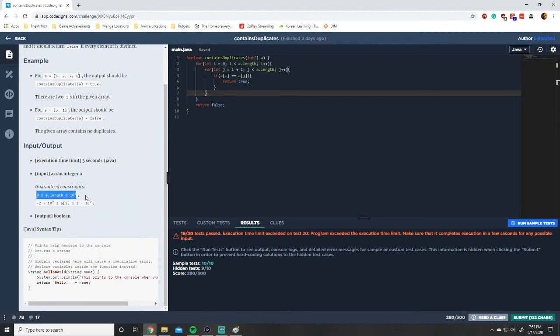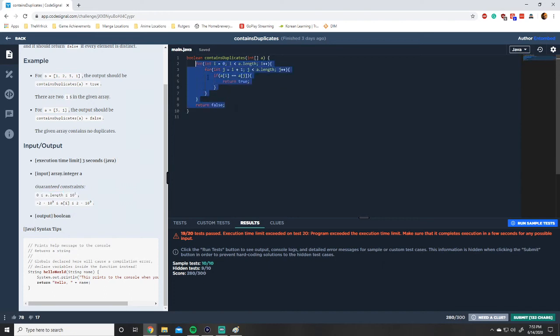In the best case scenario, the length is 0, then we're all golden. Everything's good. If we are at the other edge case of 10 to the 5th, and we're going through that twice, we run into a really big issue there. So these are some issues that come into play. The time to get through this is probably too long. It's only missing 1 test, so that is probably the edge case. So this isn't fast enough. So we have to move on to solution 2,